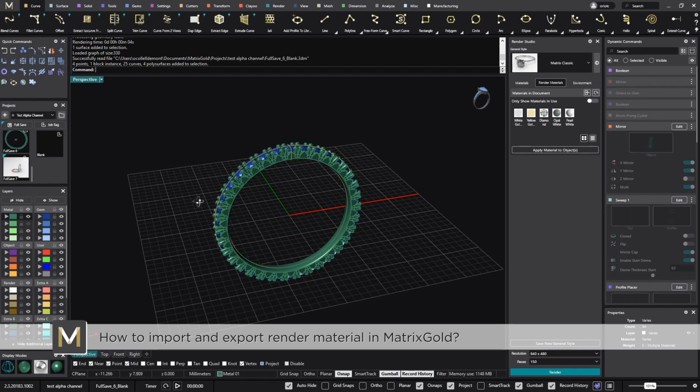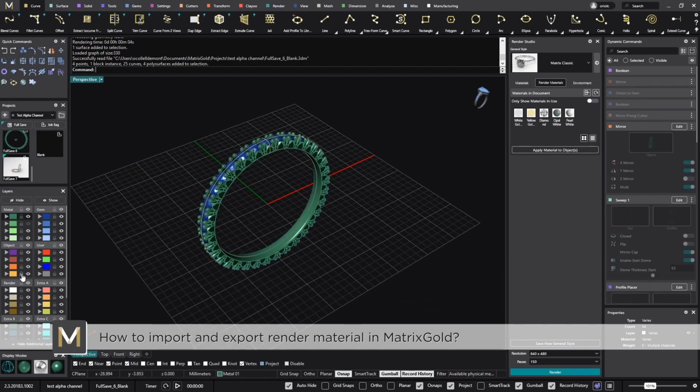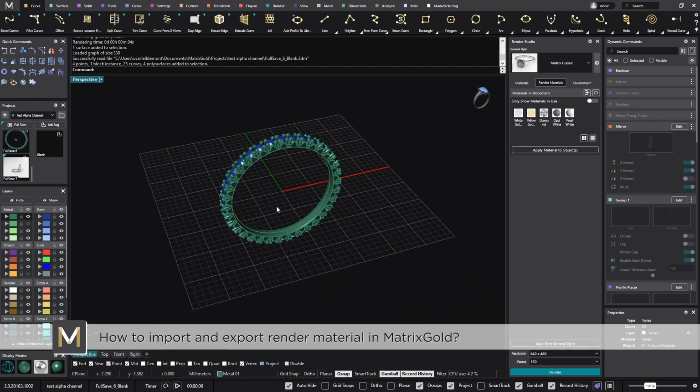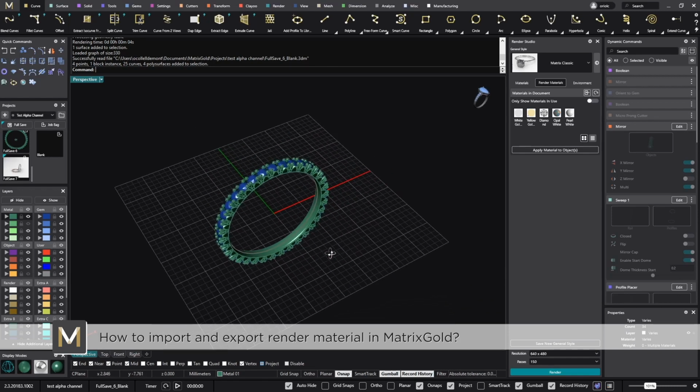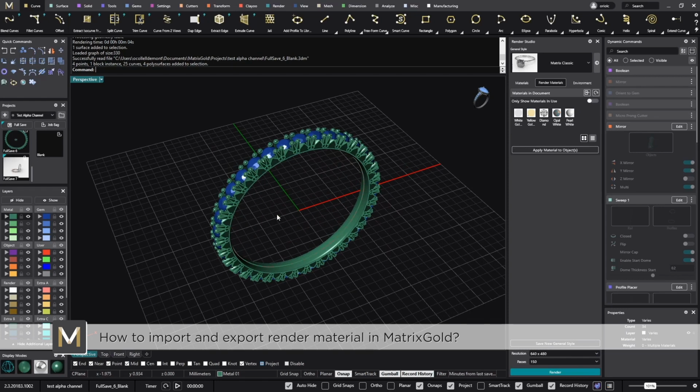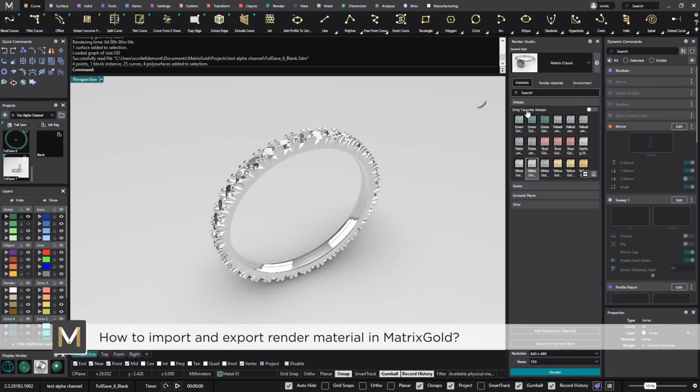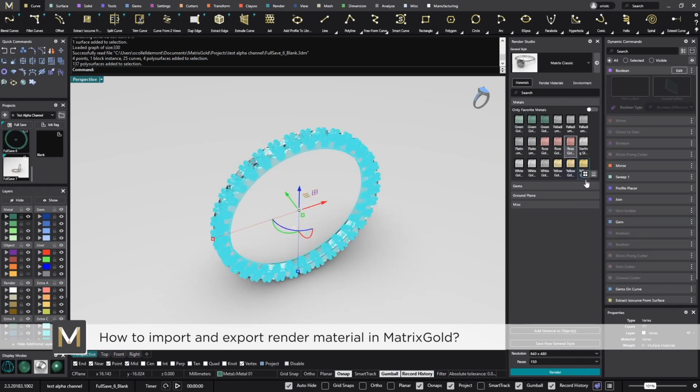I will hide this part and I will hide all the yellow lines. So we have this ring. Now I wanna make this ring in rose gold. So if I go to the rose gold and I apply it to here, rose gold,